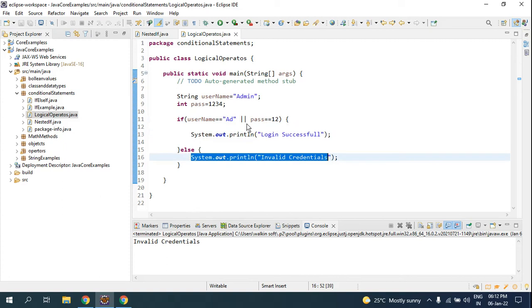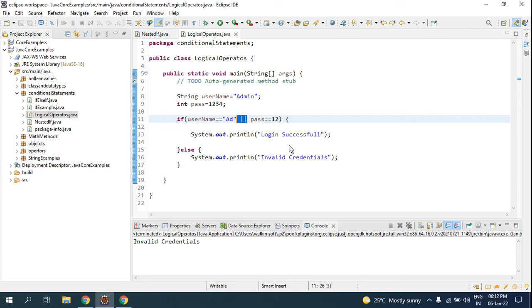But for the OR operator, it's a different scenario: if only one condition is true, you will get login successful. So this is about the AND operator and the OR operator, where you can use these operators based on your application requirement.